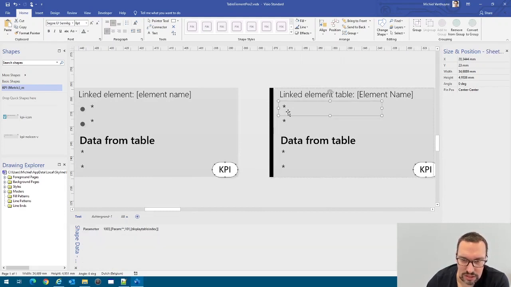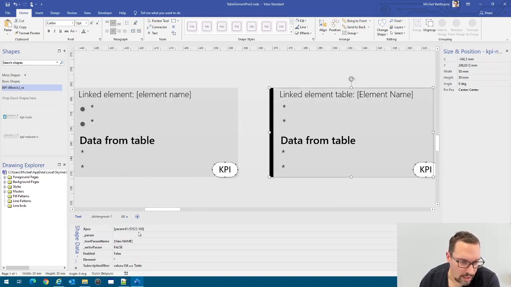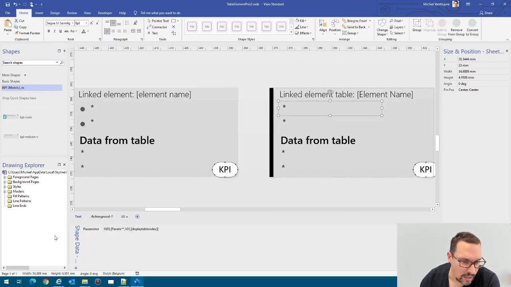Alright, and last example is using tables data from a linked element. Again, we have the same thing going on. So the main thing has xpos, which has a placeholder to our element that's holding the positions and linked elements. We have an element with a normal wildcard, and then when we go into it, we have a parameter which